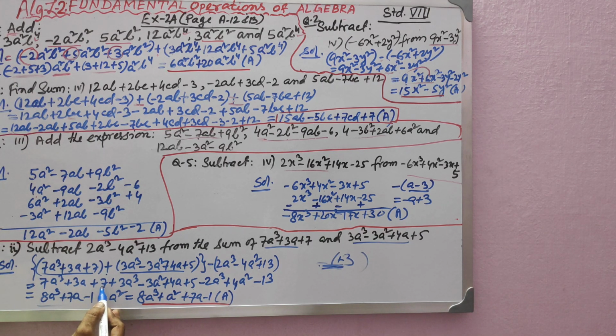Now the numerical part, the constant part, you see. Plus 7. Is there any other number? Plus 5. So 7 plus 5, 12. 12 minus 13. Minus 13 plus 12 is minus 1. I have written that. Now see, is there anything left over? You have done up to the numbers. Then see, the a cube part is already over. The a square part is left. Minus 3a square. Is there anywhere a square? Yes, plus 4a square. Plus 4a square minus 3a square is only a square. So plus a square.